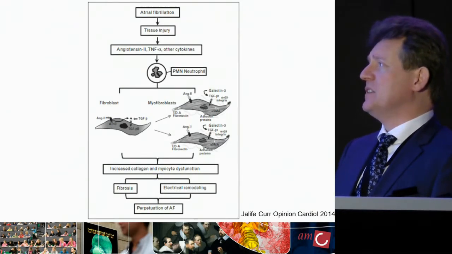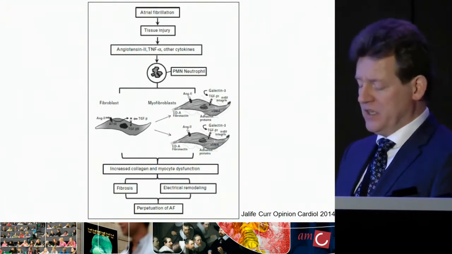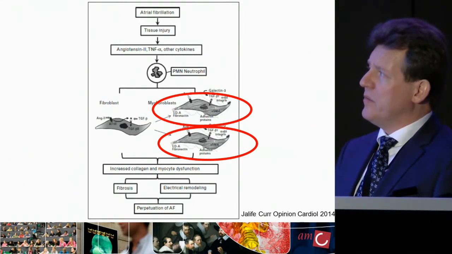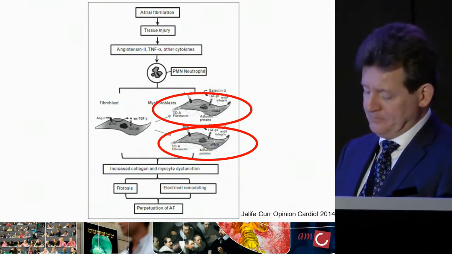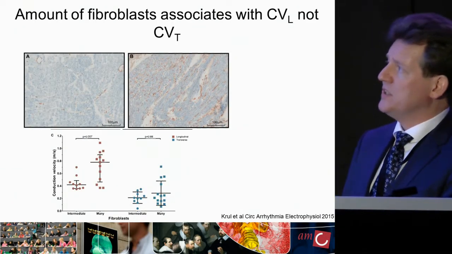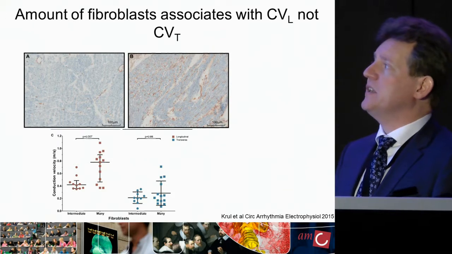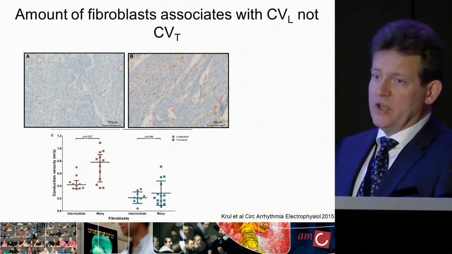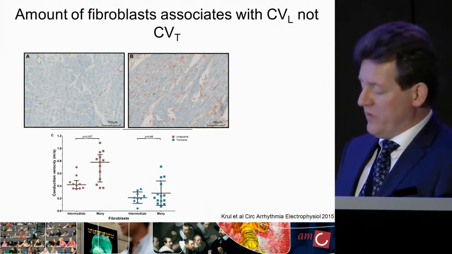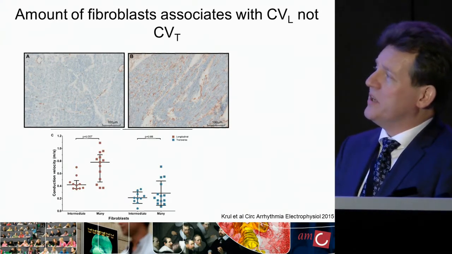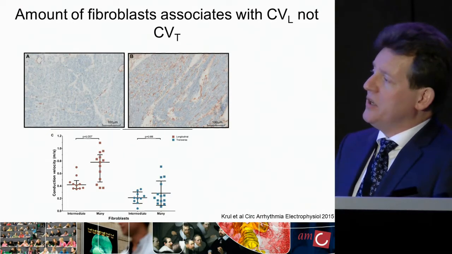There's another thing that is interesting on this hypothesis, and that is that myofibroblasts play a key role in the production of fibrosis in the left atrium. And again, I will take you to our recent paper where we stained fibroblasts and myofibroblasts in these excised left atrial appendages, and similar to the thick strands of fibrosis, we found that there were patients with many fibroblasts in their tissue and patients in whom there were not really so many,